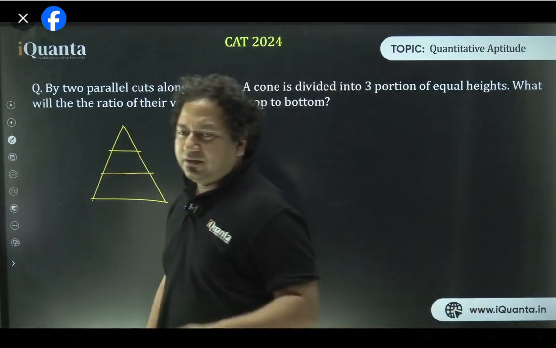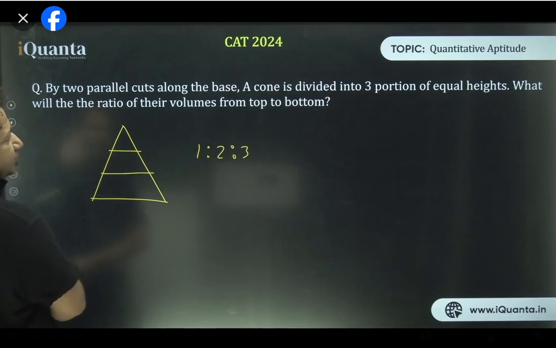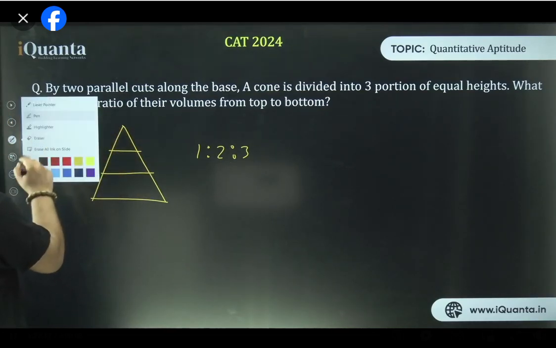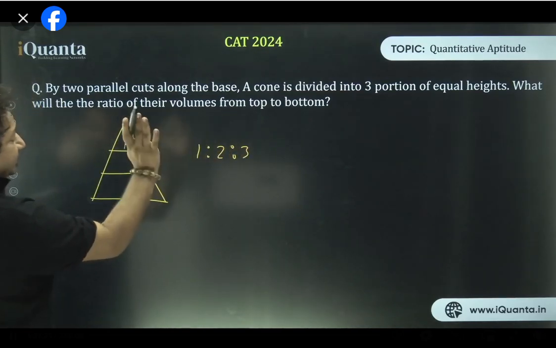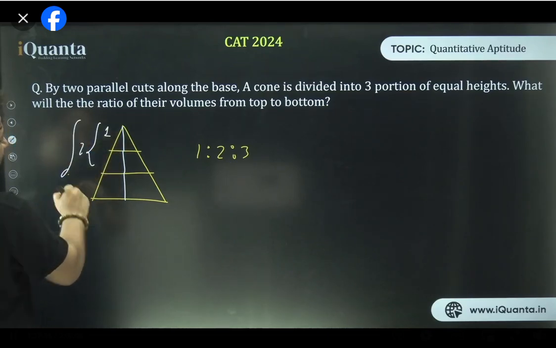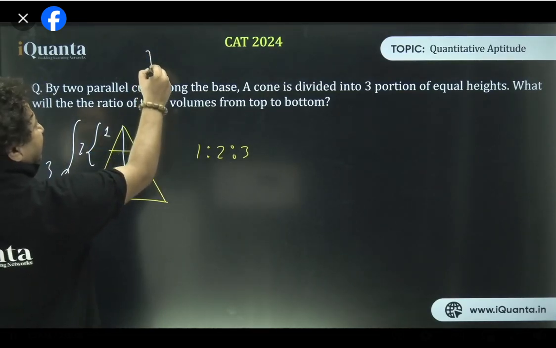You remember that, right? The same thing. I'm going to use it over here. So when we do that, what is happening? If this thing is 1, 2, 3, this is how the sides are getting broken up. Any side, be it height, be it radius, be it slant height, whatever. But this one thing is sure, it is given in the question, the heights are equal. So if this is 1, this whole is 2, and the whole is 3. So the ratio of heights is 1 is to 3. Can we say that? And also, height is